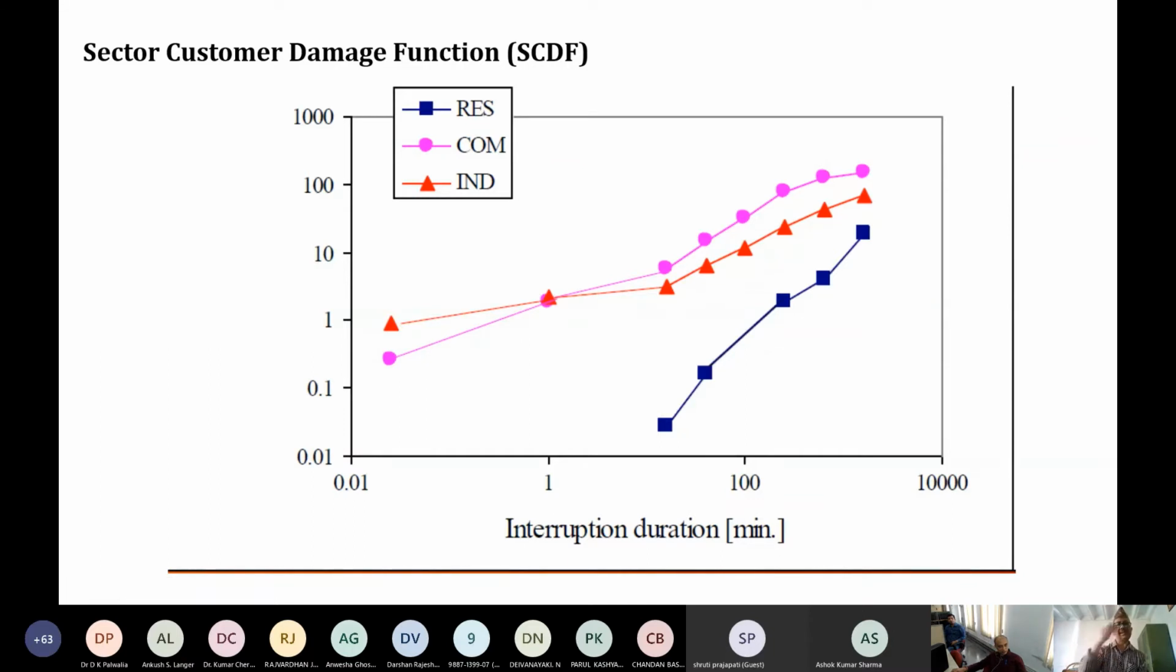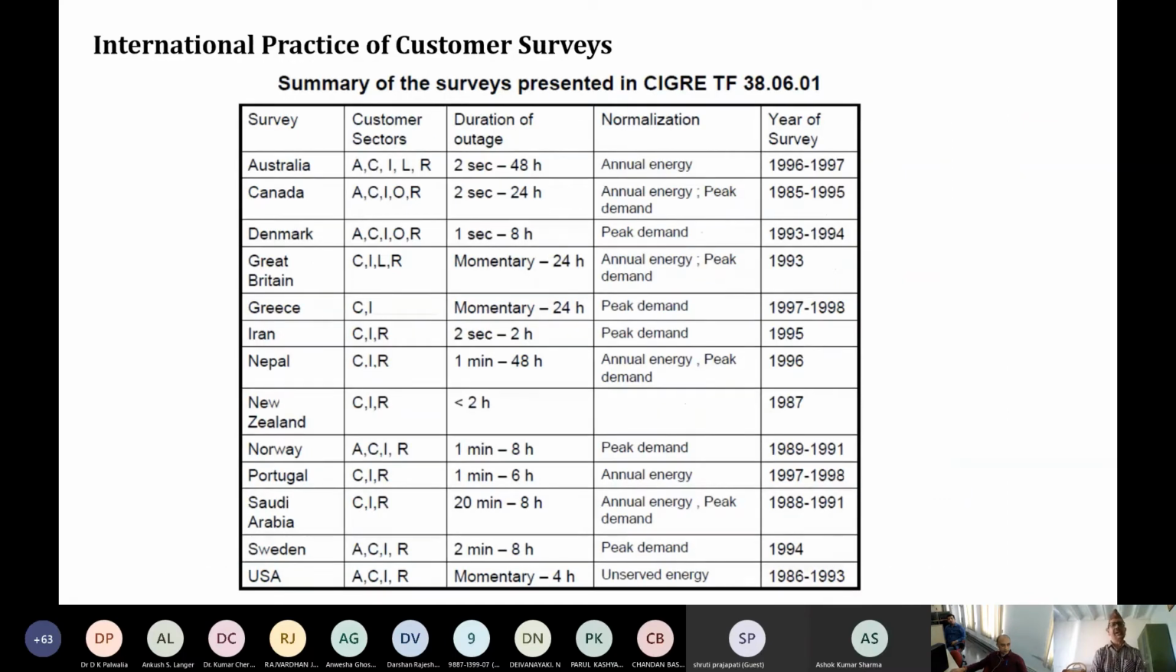So obviously this may not be the case everywhere, but more or less it's like that. So, international practice of customer surveys, as per the CIGRE task force, the customer surveys,